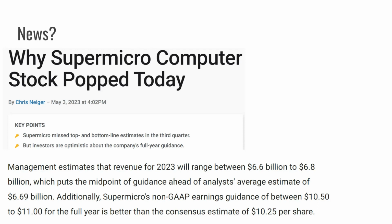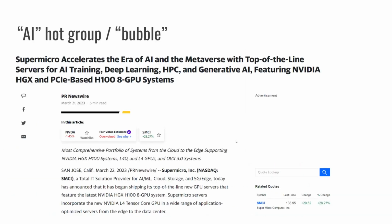So I started to wonder, why did SMCI pop so much today? And that's when I found this. SMCI accelerates the era of AI and the metaverse with top-of-the-line servers for AI training, deep learning, HPC, generative AI featuring NVIDIA, and so on. Okay, so this was actually a press release by the company itself, and they wanted to let the world know